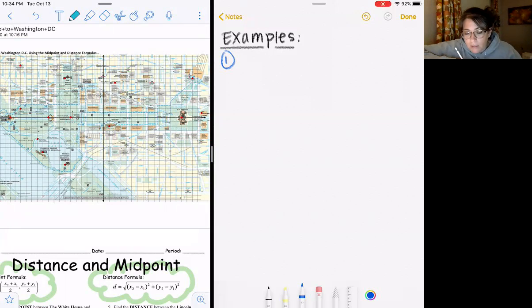Okay, so some of my favorite places, let's see. I love the Lincoln Memorial. So I'm going to go ahead and pick that one. If we count its coordinates, you need the coordinates, you've got to see what they are. So 1, 2, 3, 4, 5, 6, 7, 8, 9, 10, 11, 12, 13, 14, 15, 16, 17. So it looks like it's negative 17, 0. Okay, so negative 17, 0. That's going to be the Lincoln Memorial.